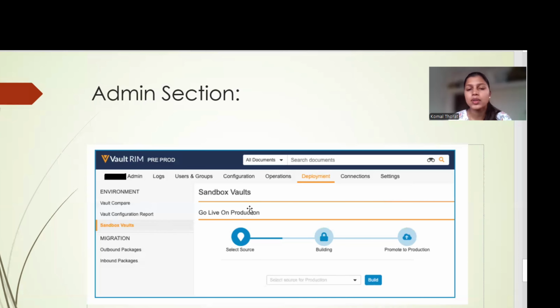Still, Veeva has created a business admin section only for the business administrator user for easy navigation, because the visibility of the admin section is only given to the Vault owners, as this is the complete backend of the Vault. But there are some special users from the business side, the system administrators or business administrators, who want some access to view objects and create pick lists or templates. Only this much access is needed for them, so one section has been created, which is the business admin section,